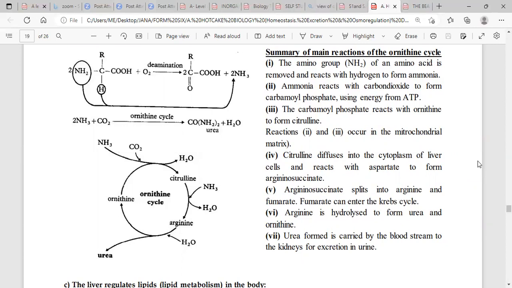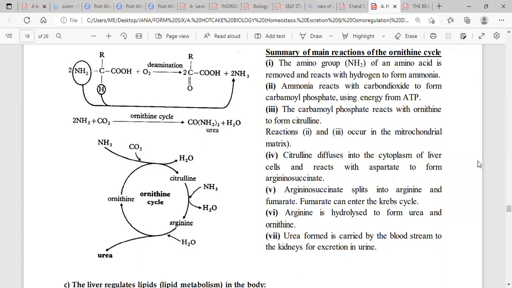And the carbamyl phosphate reacts with the ornithine to form citrulline. Reactions 2 and 3 occur in the mitochondrial matrix, and the citrulline that is formed diffuses into the cytoplasm of the liver cells and reacts with aspartate to form